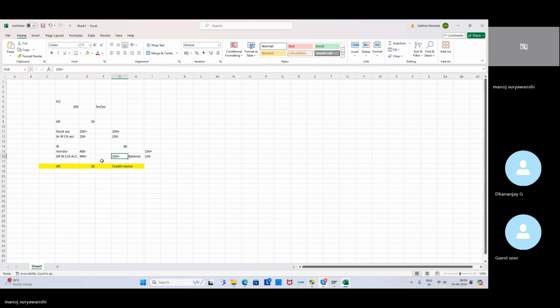So this balance, if GRIR account is not zero, if it is having some balance, then we can manually maintain that GRIR account. So manually we can post a transaction which will clear the GL account। तो यहाँ पे जो 150 रुपए प्लस है उसको हमको जीरो करना है, तो उसको हम बोलते हैं GRIR account maintenance। तो when you post the GRIR account maintenance, this will become zero।